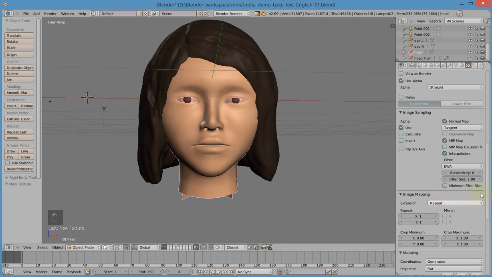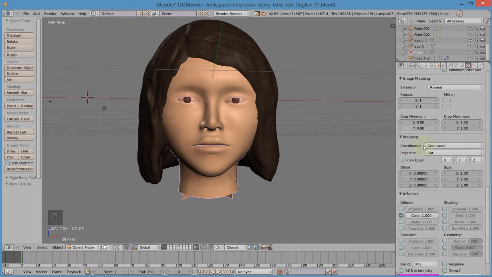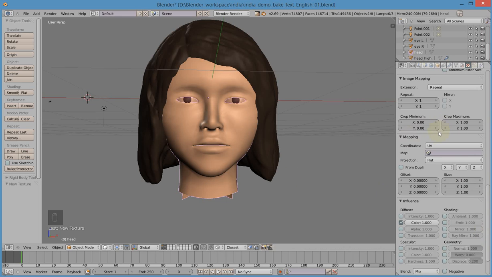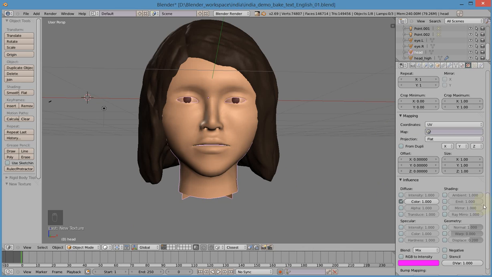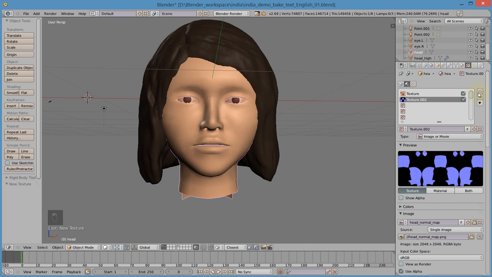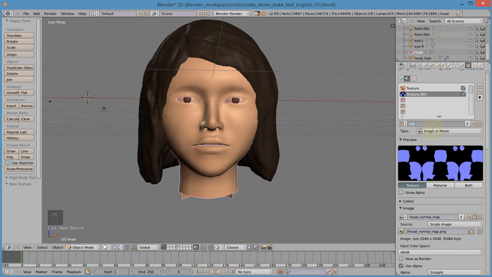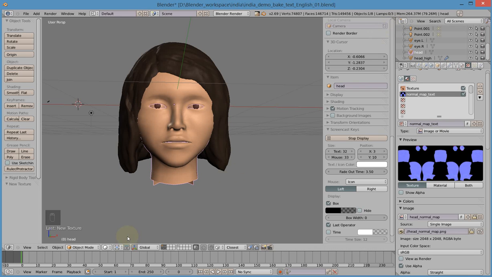Image mapping, I think we don't care because it's not tiled. Mapping, we want UV, the same UV that I'm using for the texture painting. We don't want color. We do want normal. We may give a name, right, for this texture. Let's call it normal map texture. I think we are done here. If everything went fine, we should have now